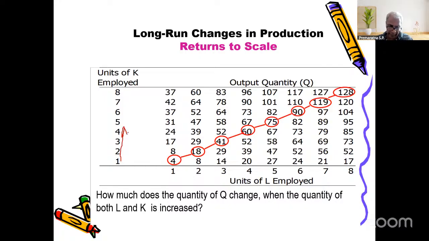Of course, in reality, there are many inputs. Here, with 2 inputs, I use both inputs in the same situation. In reality, when both inputs change, starting with the 1 month, it's not necessarily the same ratio. The 1 month, this is how the producers move: 4, 18, 41, 60, like that, 75.